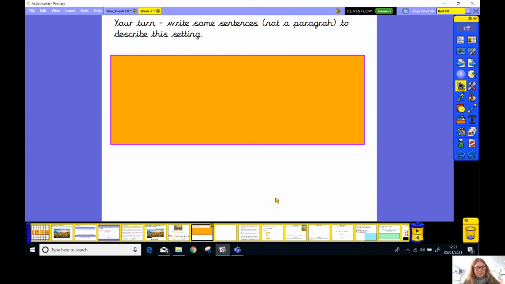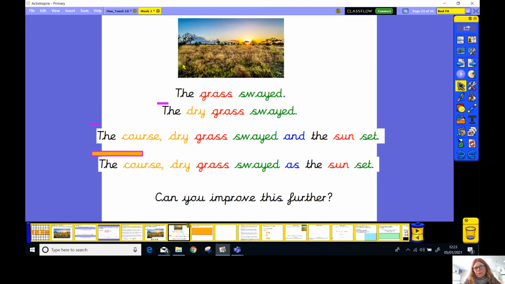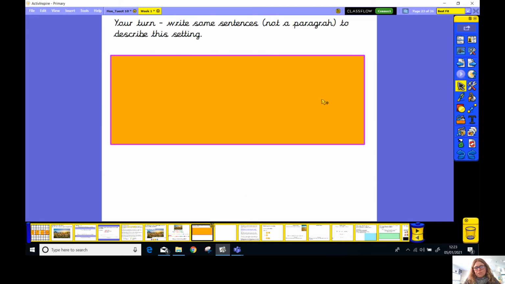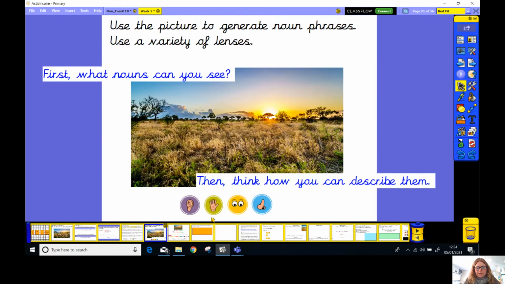Right, now, this is your task today, Year 4. You need to write some sentences now, not a paragraph, so you'll write individual sentences for me. We'll be using those tomorrow when we write our paragraph. I think probably I just want to see six really good sentences. But remember, it's not about how many you write, it's more about how good they are. So your sentences are going to describe the scene that we've just looked at. Let's remind ourselves, this is the scene we're describing. Okay, so you might need to pause the video on that picture so you can have a really good look at it.